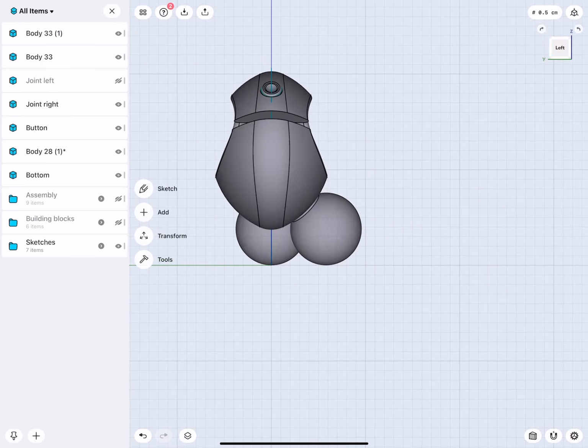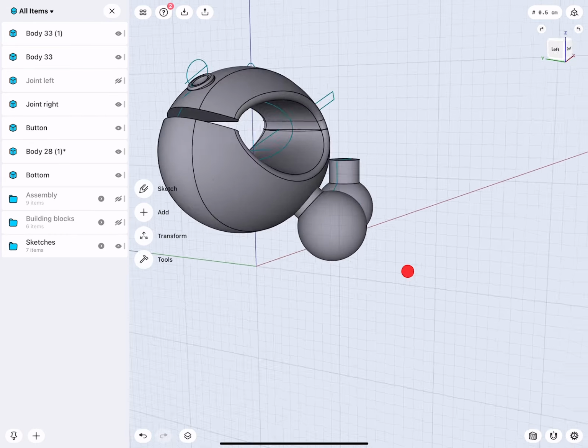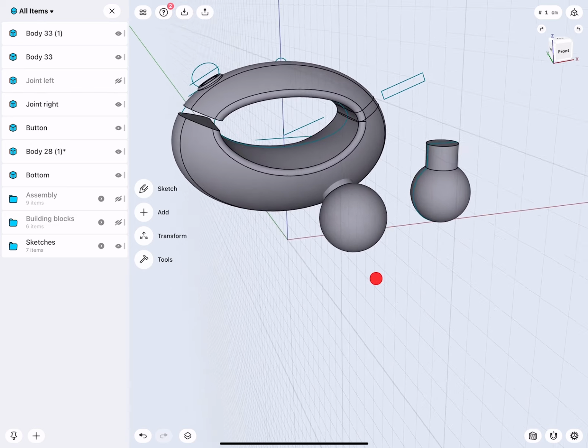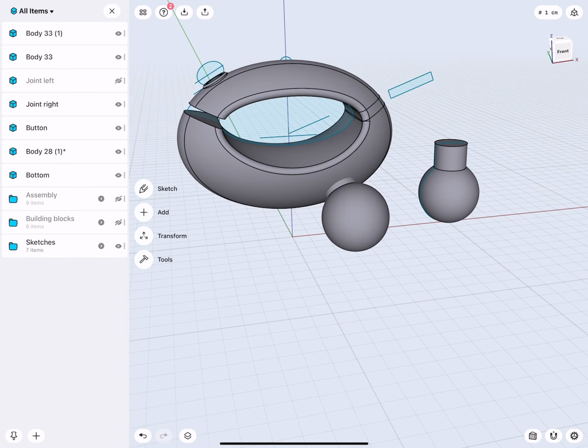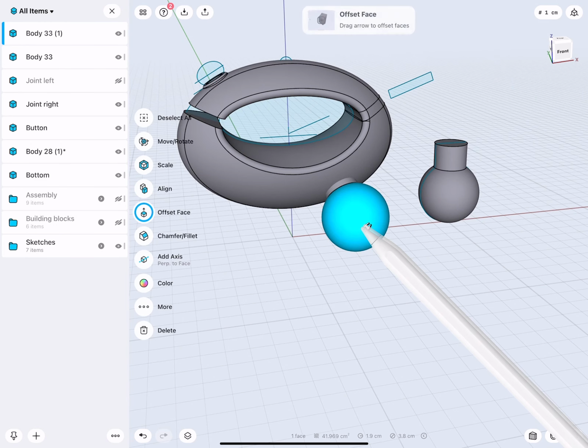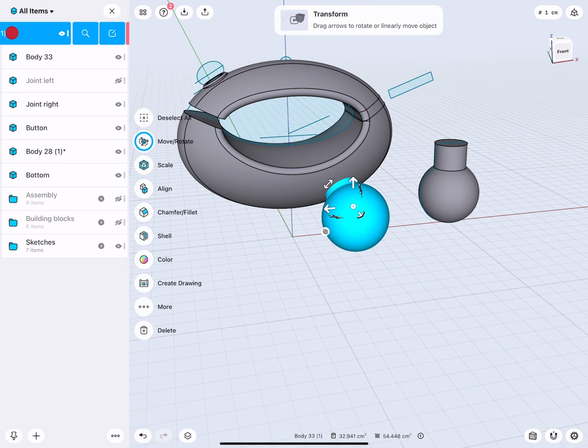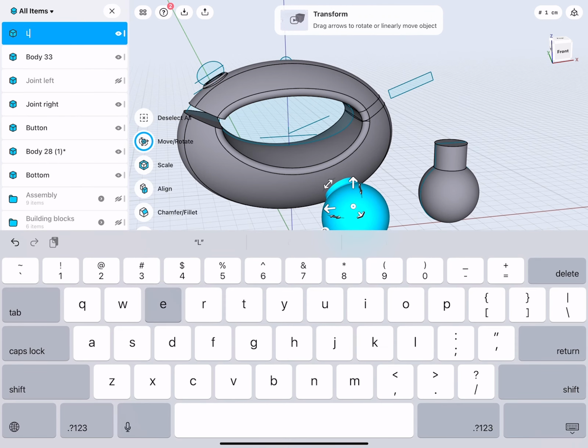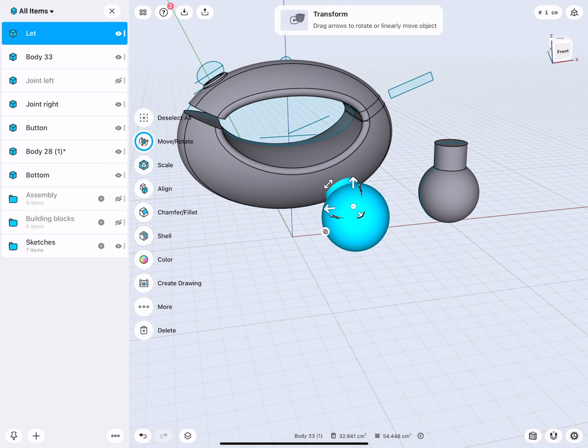So you see actually this, we turned the sphere kind of like into a socket and rotated everything around the center of the sphere. That's again the reason why I was moving the widget to the sphere and then it snapped to the center. And you can see that actually is very, very useful. So this sphere I will call lag. There we are.